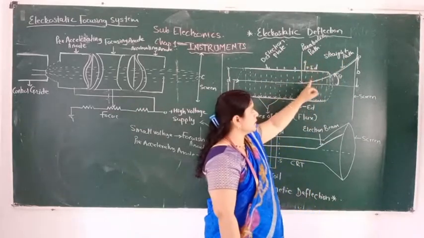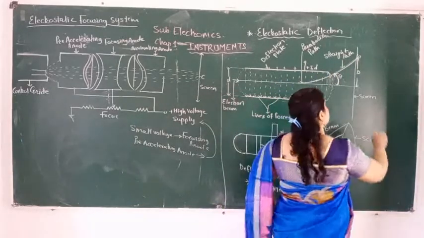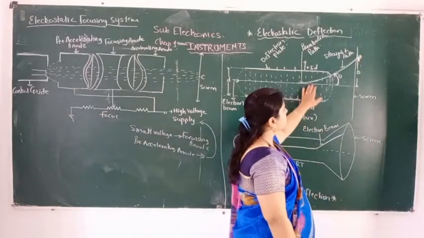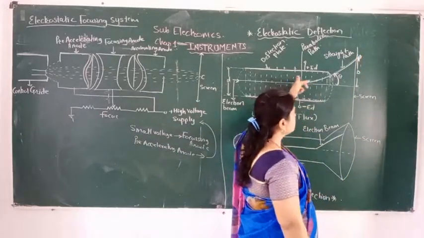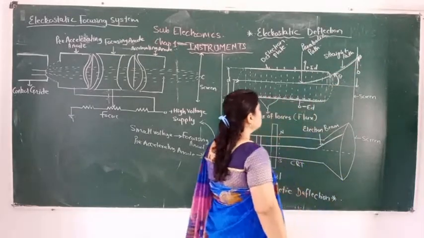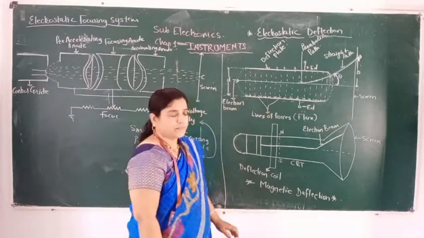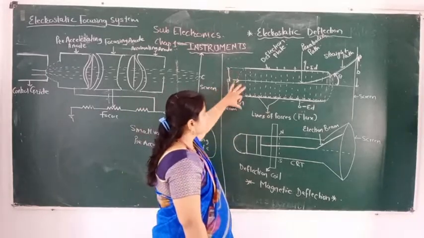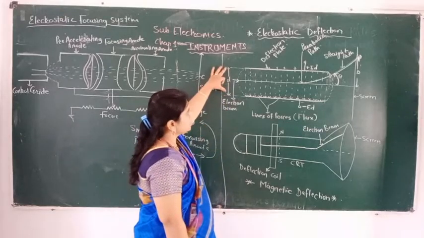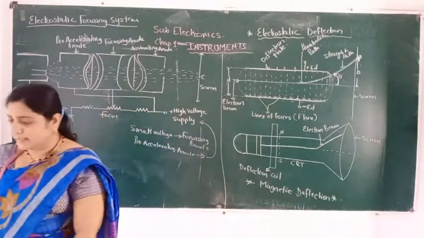See the diagram, it will move in the upward direction at deflection. When supply is given to this, the distance between the positive plate and the negative plate is called the small d.